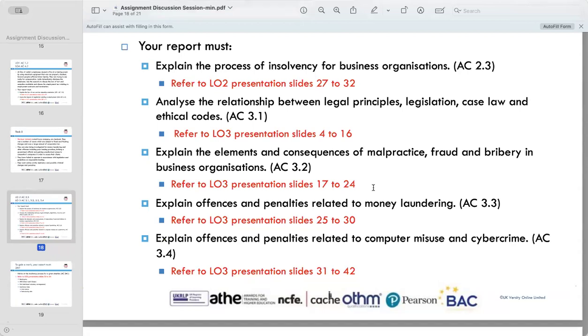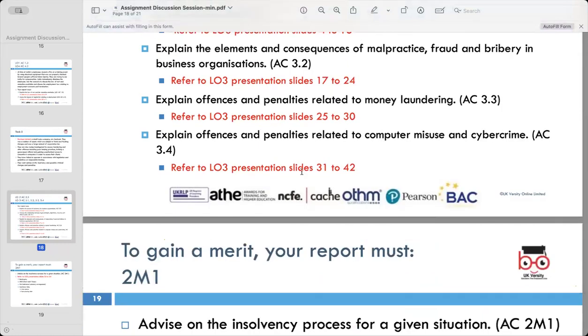Then bribery, explain the elements and consequences of bribery, discuss how offering, giving, or receiving something of value to influence the actions of an official can result in legal repercussions. Here you can refer to learning outcome 3, pages 17 to 24. And then here, offenses,